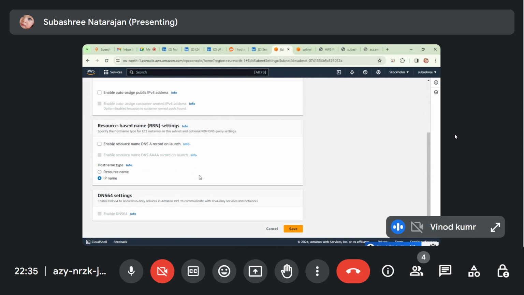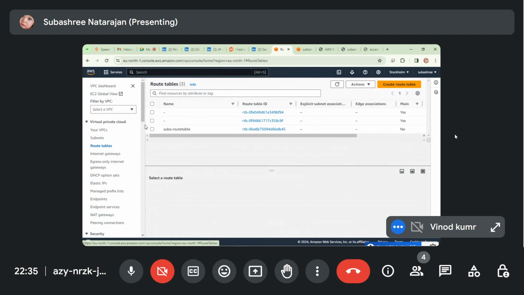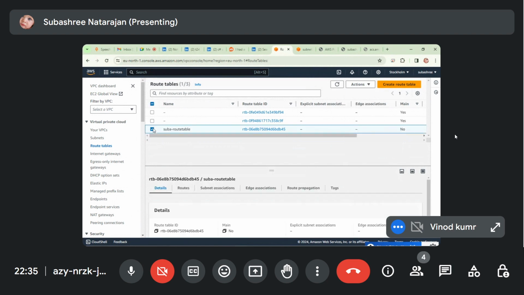Can you go to the route table again? I want to see where we made a mistake. It should come. Click and delete. Edit subnet associations. Yes.